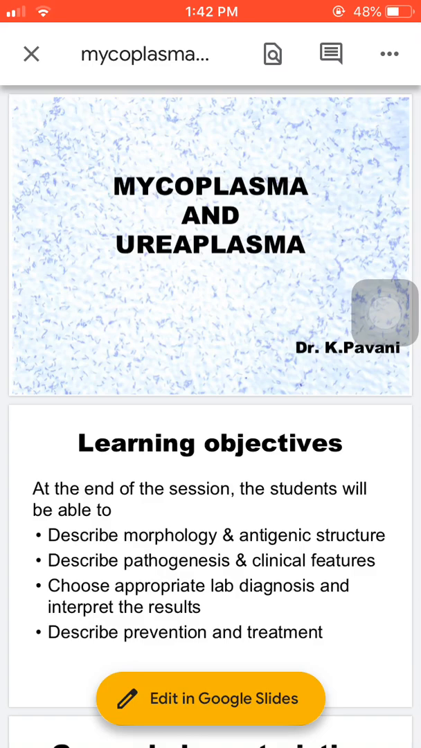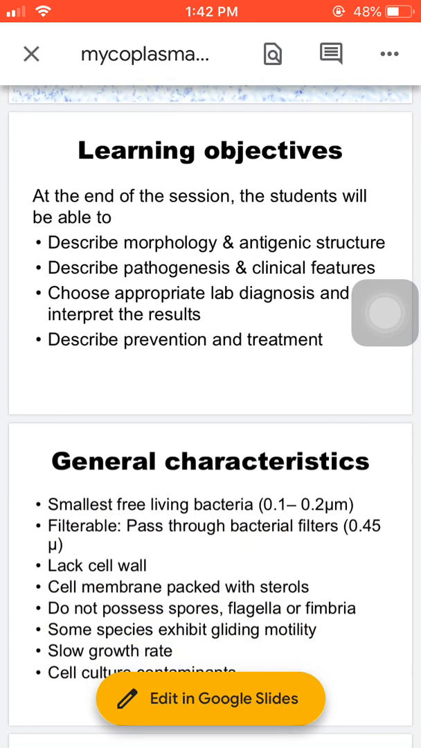Bacteria. So let us learn about them today. The learning objectives of the class are, at the end of the session, you should be able to describe the morphology of this bacteria, know its antigenic structure, describe the pathogenesis and the clinical manifestations of these bacteria, and you should be able to know the list of laboratory diagnostic methods, choose the appropriate test and interpret the results. At the same time, you should be able to describe the prevention and treatment of the disease caused by this